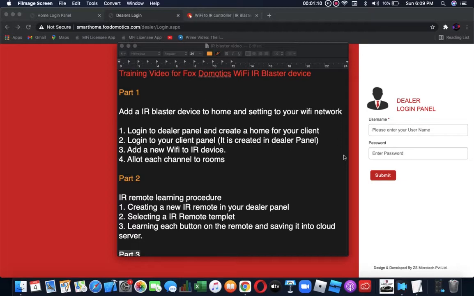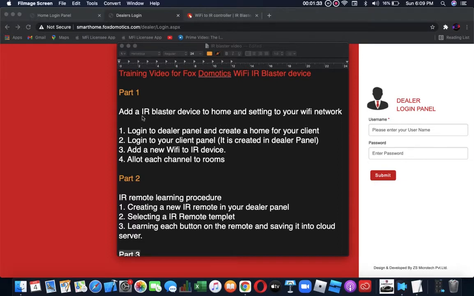configuration, how it is done on the dealer platform and the client login platform. This entire thing is divided into 3 parts, as you can see. Part 1 covers how to add the IR Blaster device to a home and set it to your Wi-Fi network.